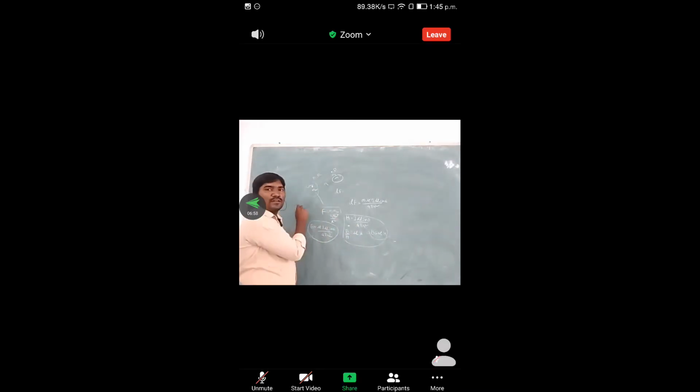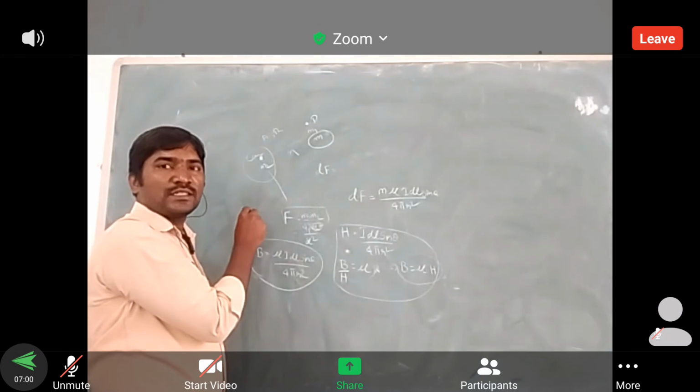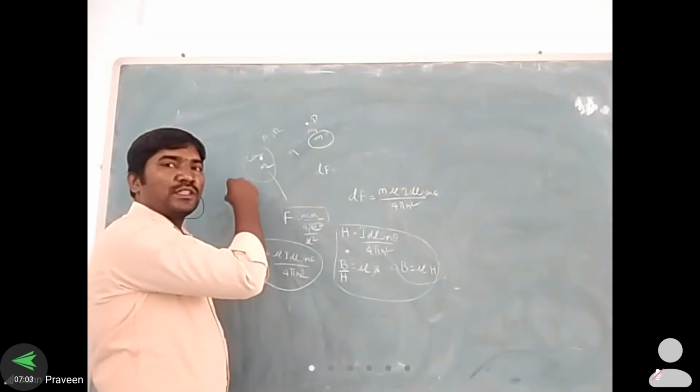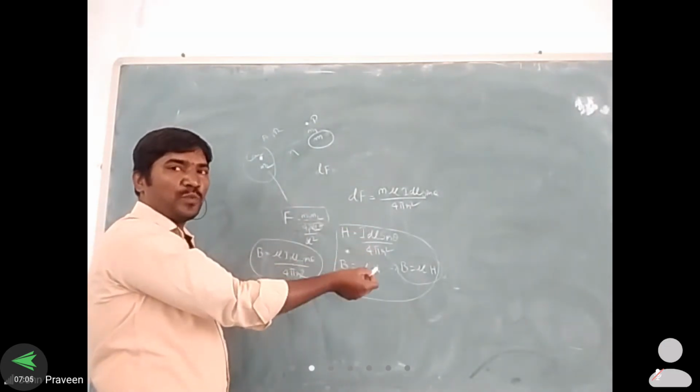But now what we need is the total field strength. What is the total field strength? It is nothing but the total force existence by means of the two things. Now what we got here, B is equal to mu into h, is only for the conductor. But what is the force existence? The force existence between the two conducting points.